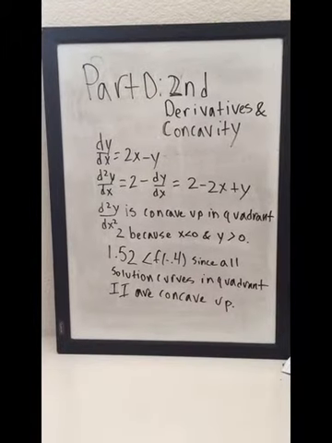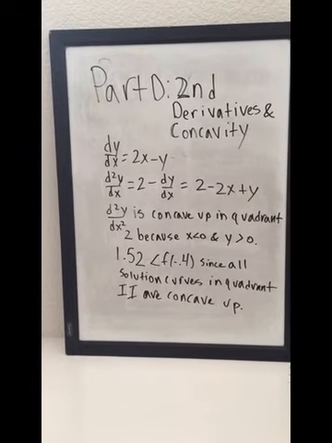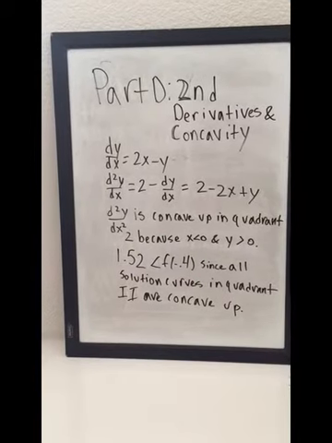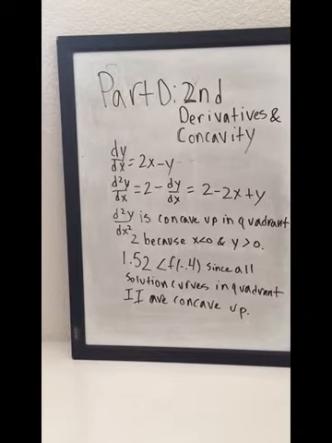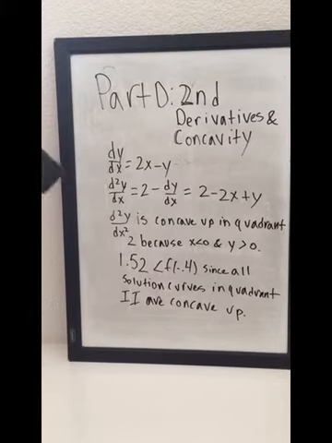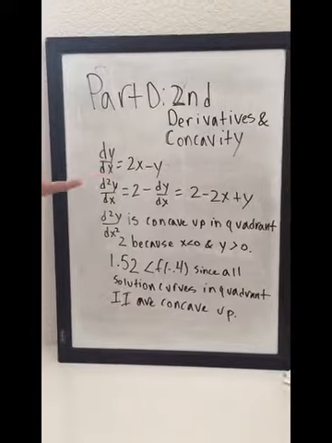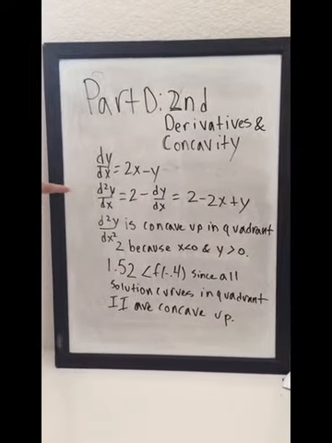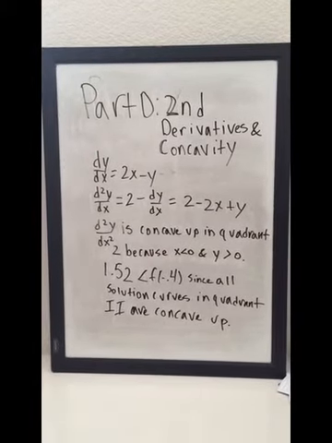Okay, so part D says, find d²y/dx² in terms of x and y. Determine whether the approximation found in part C is less than or greater than f of negative 0.4. Explain your reasoning. Okay, so the skills used in part D are knowing how to take a derivative and concavity. So you have dy/dx, which is 2x minus y, and you have to find the second derivative, which is the derivative of 2x, which is 2, minus the derivative of y, which is dy/dx, which is 2 minus dy/dx,